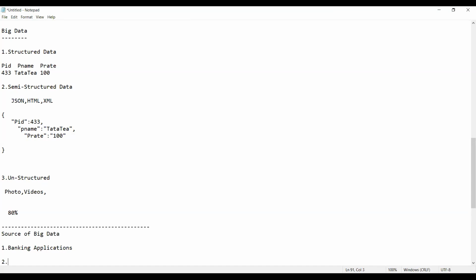And then you have social networking sites. What do we mean by social networking sites?